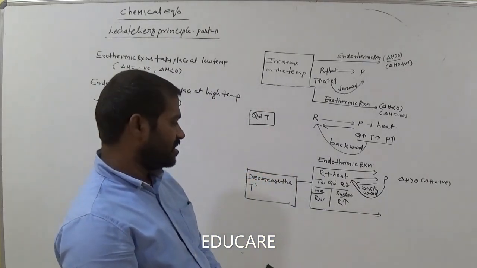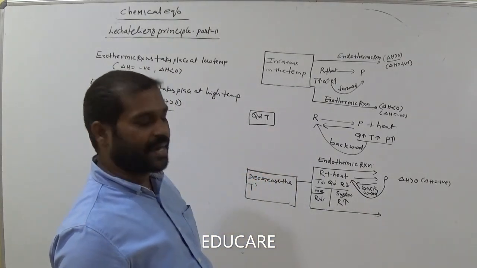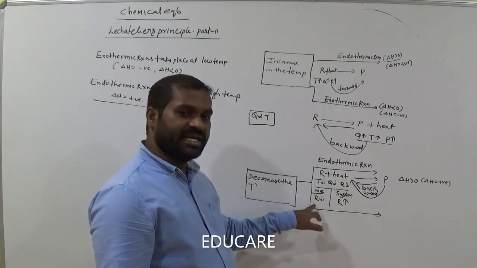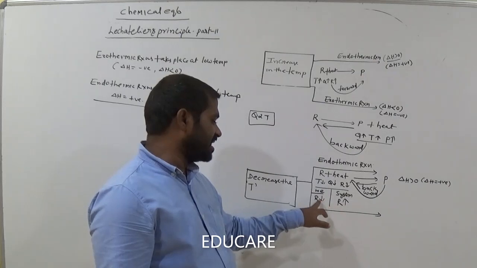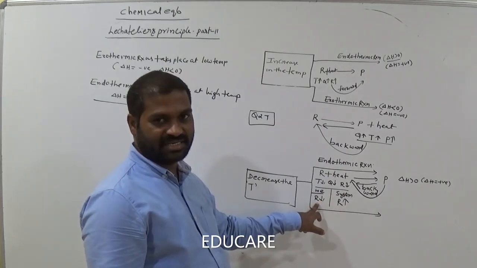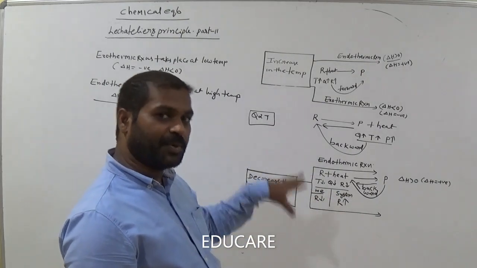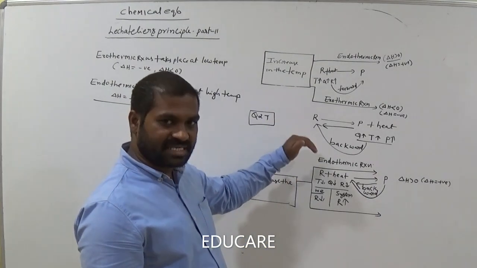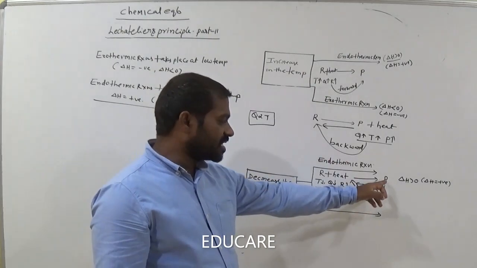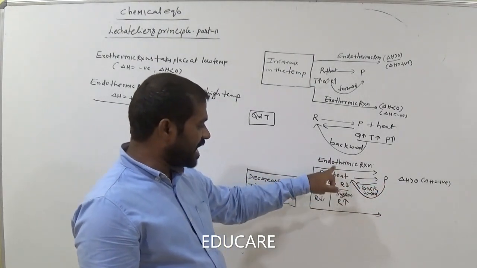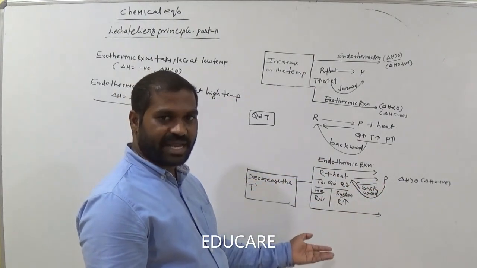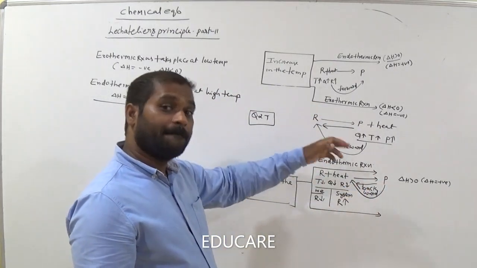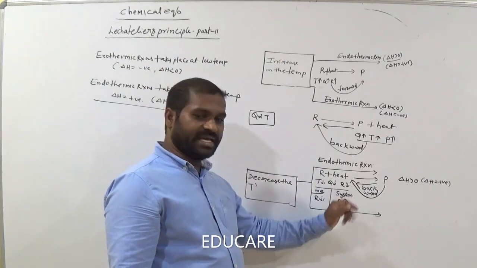Is it clear, ma'am? So when we decrease the temperature in an endothermic reaction, temperature decreases, Q decreases, R is decreases. We decrease the reactants concentration. Now the system tries to improve the concentration of the reactants. So how does it improve the reactants concentration? That means product concentration is converted to reactants concentration. That means reactants concentration is higher or not? That means the reaction takes place in which direction? Backward direction. Okay, is it clear, ma'am, all of you?